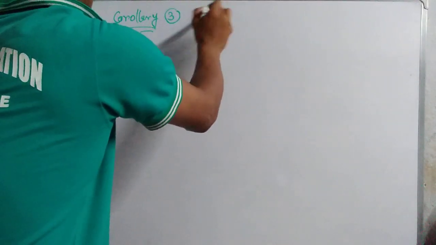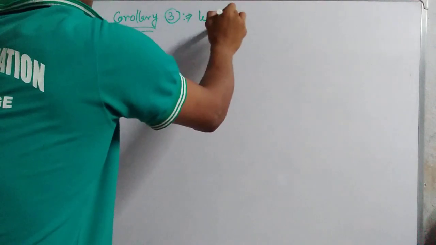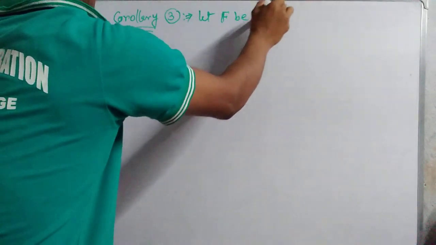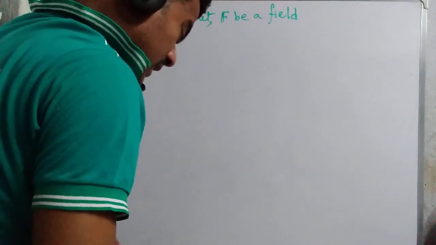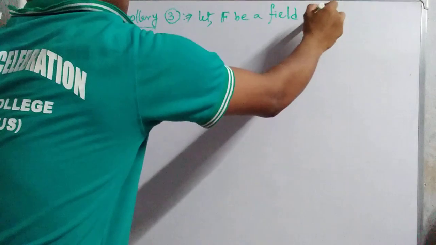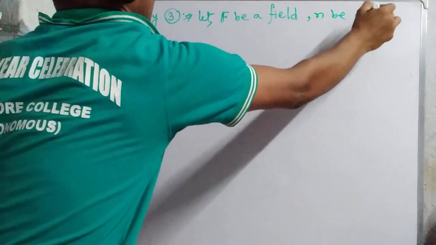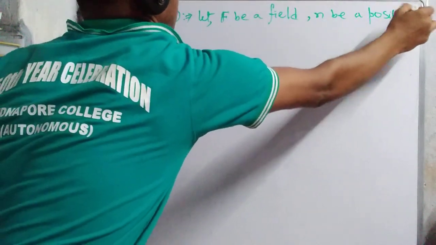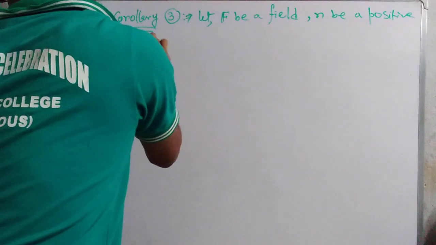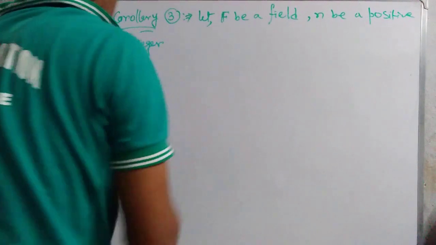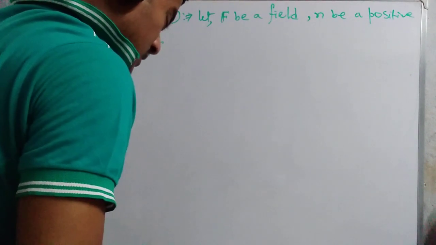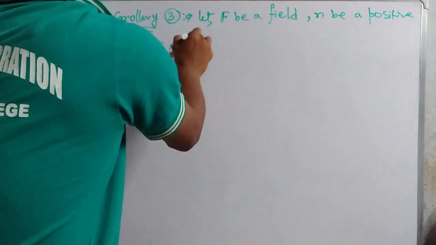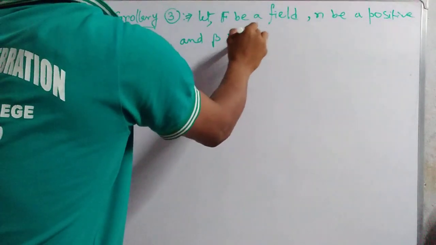Corollary 3: let F be a field. Understood? And n be a positive integer. Okay, then let beta be the standard ordered basis for F^n,